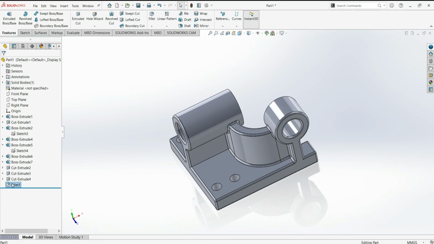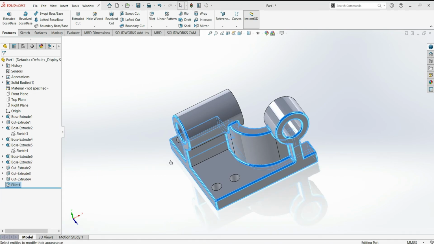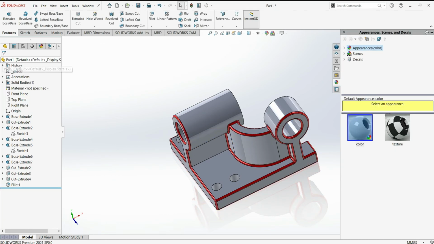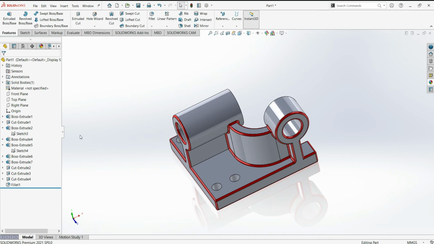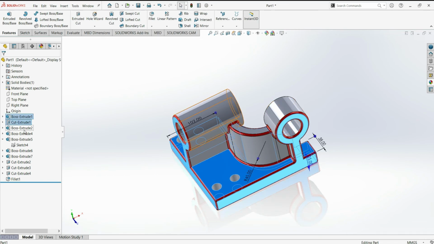So let's select this fillet and select appearance, fillet, give it some color of red. Okay. Again, now let's select this boss extrude, this cut extrude, all this.